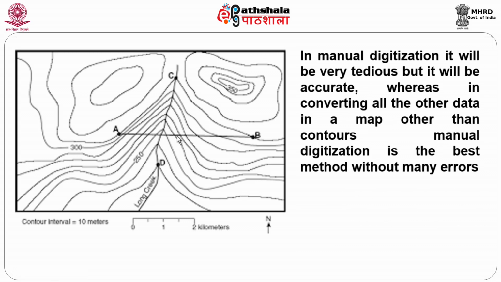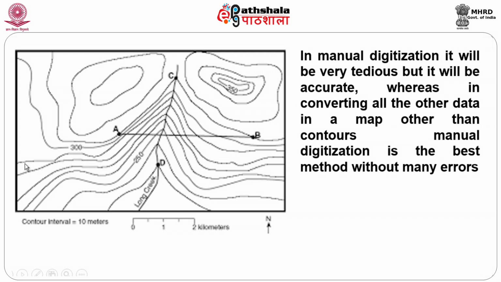So obviously in manual digitization, I have no issues whatsoever. I start from here, I just go mechanically up to here and then complete this one. But definitely it will take a long time because it cannot follow the exact bends and curves. Everywhere in digitization, please remember, the greater the number of points you give, the more accurate it will be. That is, more vertices have to be given so that you will have a smooth line.